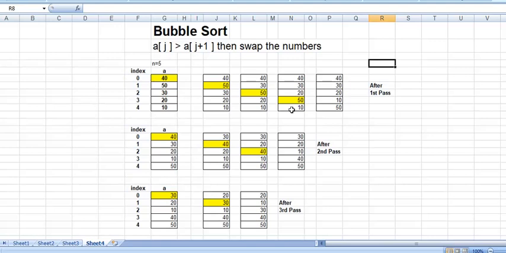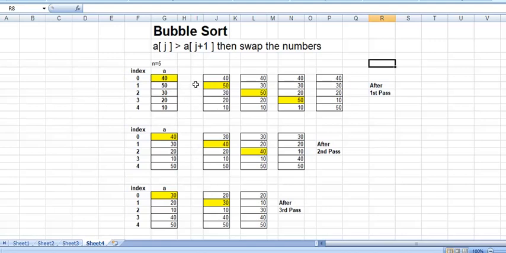Until one element lesser. We have 5 elements, so we go up to one index lesser. For the first index set at 0, 40 greater than 50? The answer is no. 40 will remain here and 50 will remain here, along with the rest of the elements.